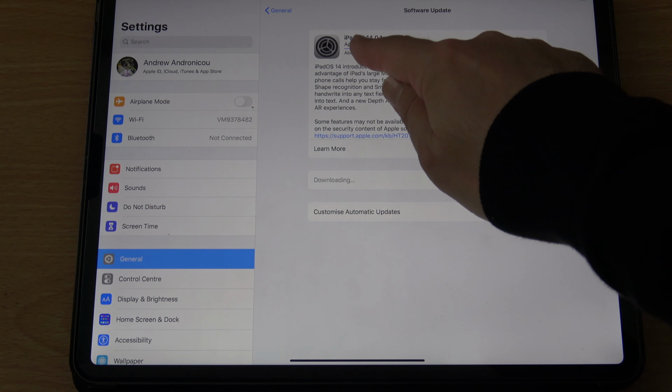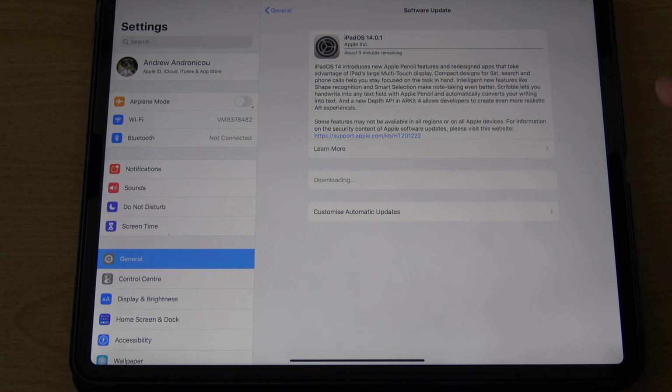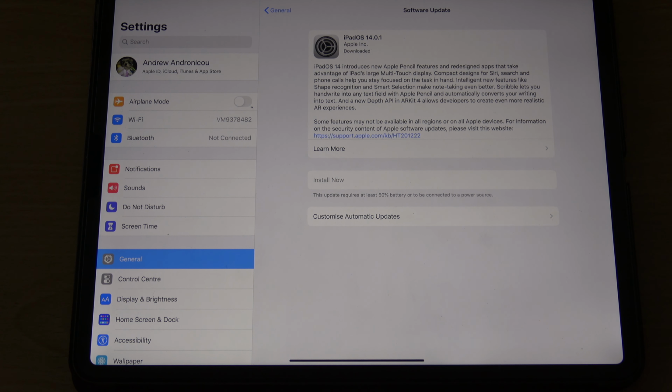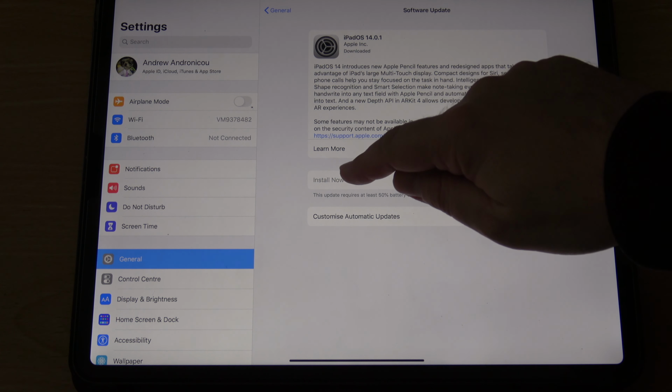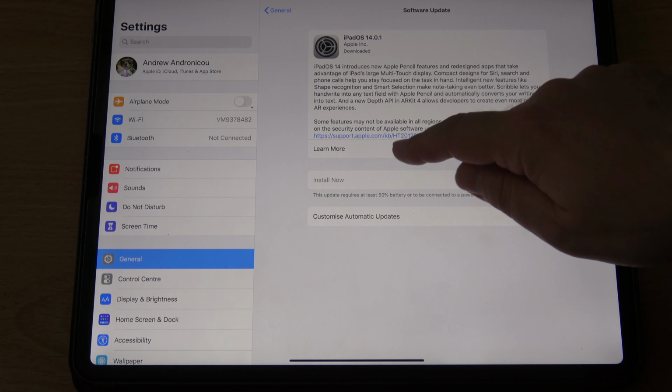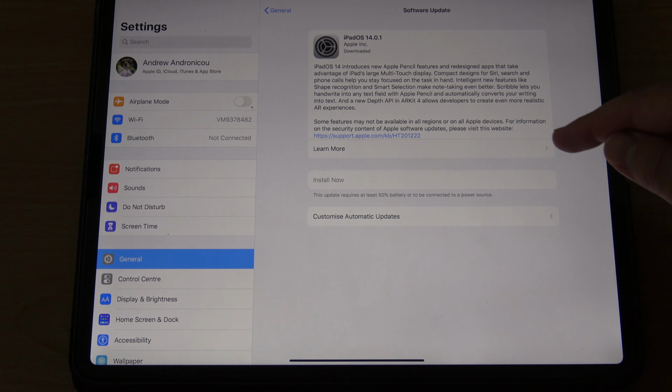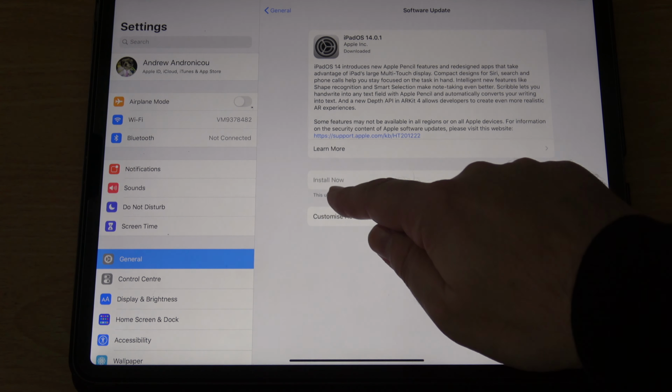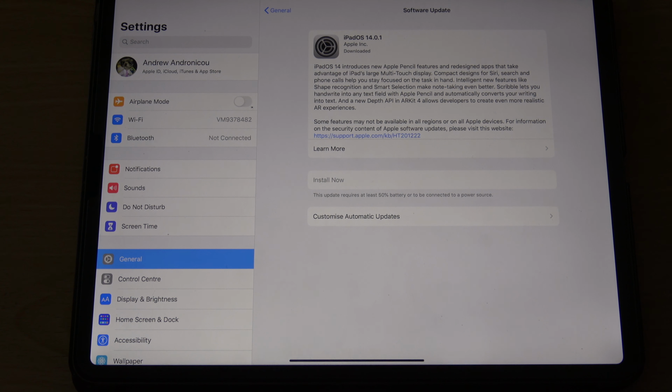And here we can see this line is a visual representation of how much of the update has been downloaded. And with my internet speed, it will take approximately 2 minutes from this point. So we'll catch up. Okay, so it's now fully downloaded. And if we look here, there's the Install Now button, but it is grayed out. And the reason for this is my iPad, in the process of downloading everything, has now consumed power that's taken it below 50%. So I'm now going to connect the power to it.